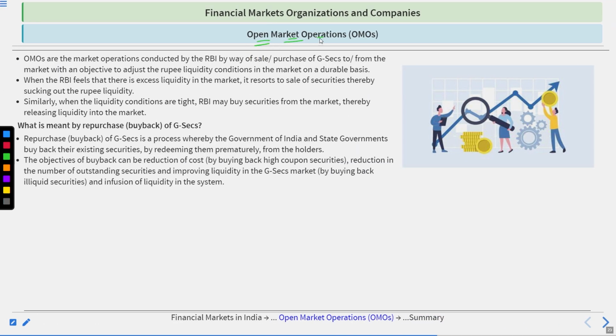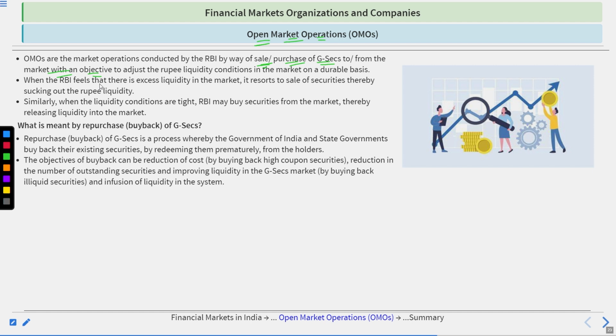Open market operations. These are market operations conducted by the Reserve Bank of India by way of sale or purchase of G-Secs to and from the market with an objective to adjust the rupee liquidity conditions in the market on a durable basis. When the RBI feels that there is excess liquidity in the market, it resorts to sale of securities, thereby sucking out the rupee liquidity. Similarly, when the liquidity conditions are tight, RBI may buy securities from the market, thereby releasing liquidity